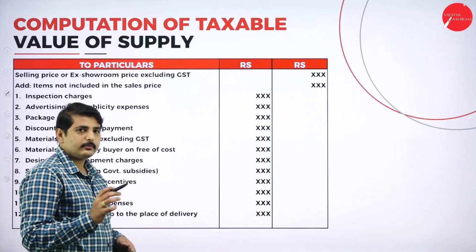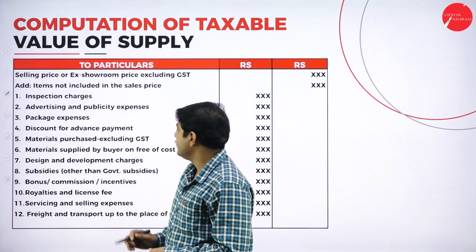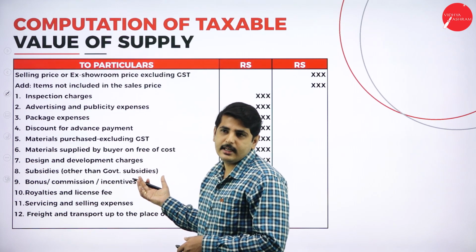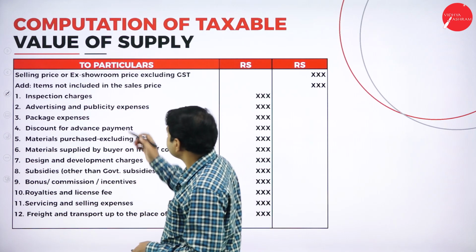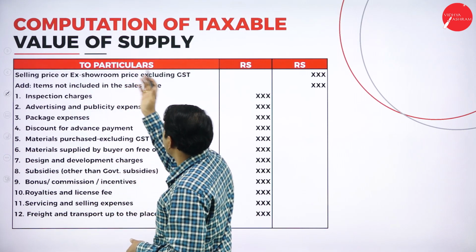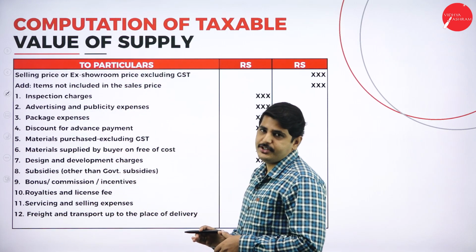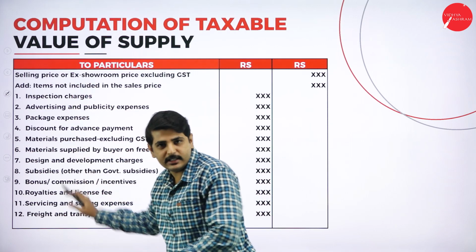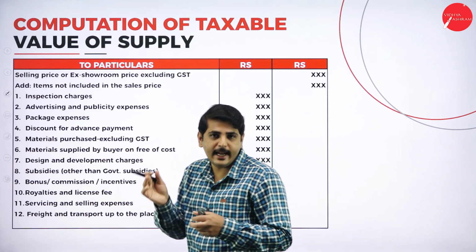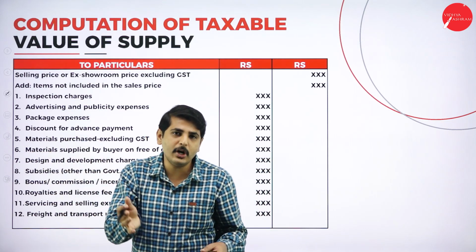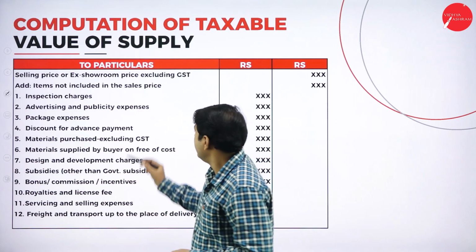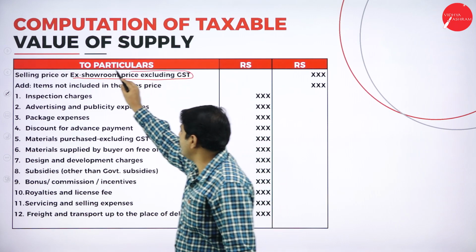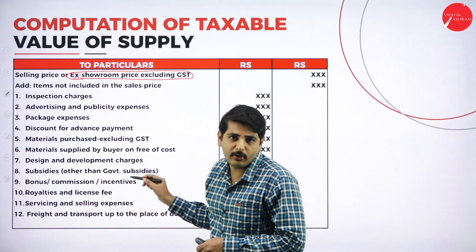Let's go to the next slide, next problem. See, this is the actual problem, this type of problem is what you get in the exam. In the exam, you have to calculate the computation of taxable value of supply and GST payable. Here, for the selling price, if it is excluding, we have to add all these things. If inclusive, we should neglect all these items and move on to the calculation of tax. Keep this in mind. We have to make sure whether the following items are excluding or including in the problem. Please be careful while doing the problem.